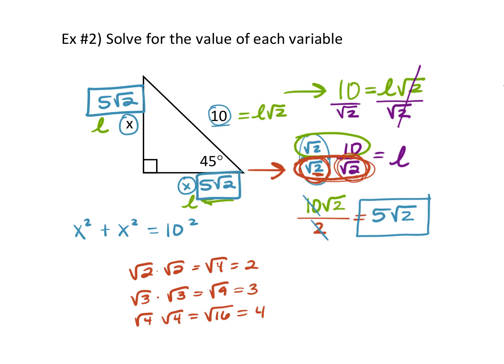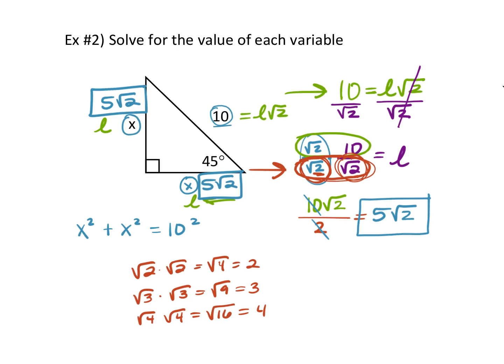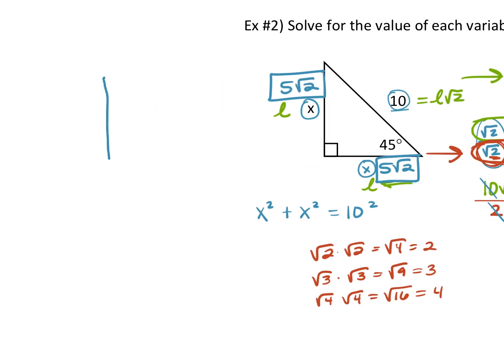Okay? Now here's what I want you to see. There's another shortcut to our shortcut, if you can remember it. If I get a triangle, I'm going to draw the same triangle. You don't need to draw it right now. I just want you to see a clean... Just cut 10 in half and then put rad 2 behind. That's the shortcut to the shortcut, right? Every single time when you have a whole number as your hypotenuse, you can cut it in half and multiply